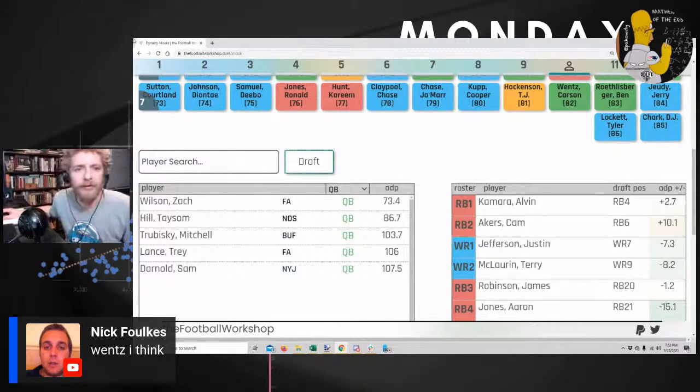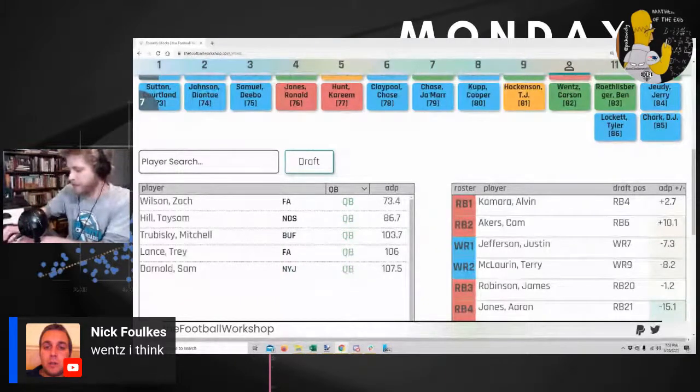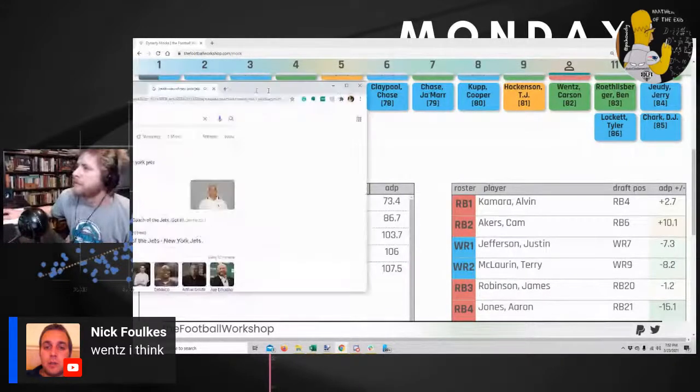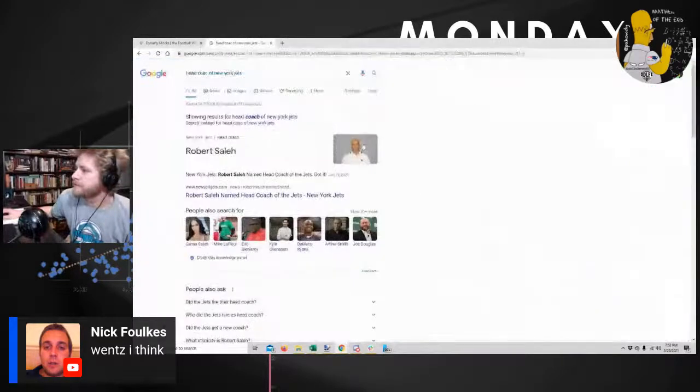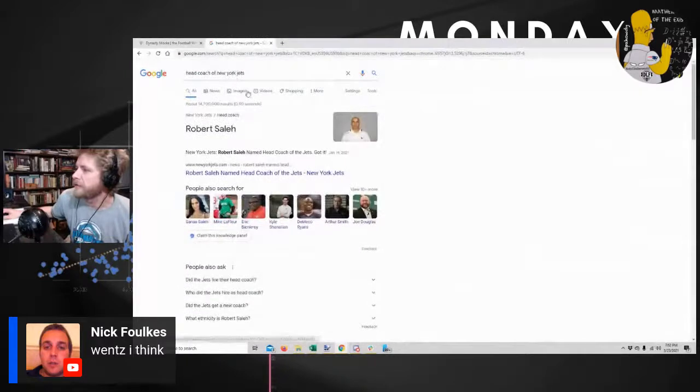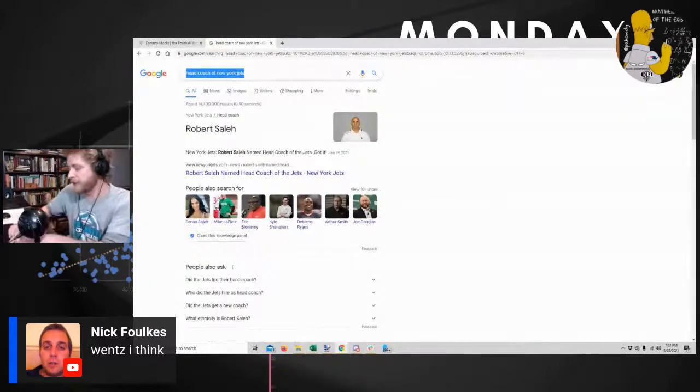Can we just do a quick fact check there? Head coach of the New York Jets. Nice. It is not Adam Gase. That is not Adam Gase's name, so I'm pretty happy.